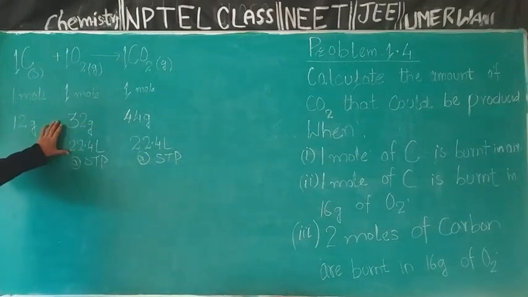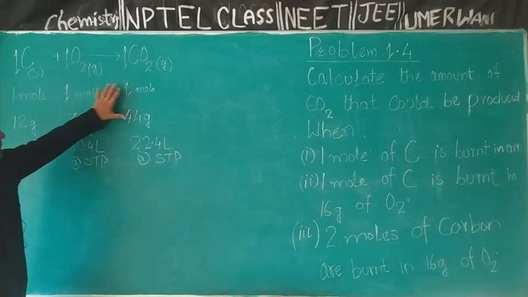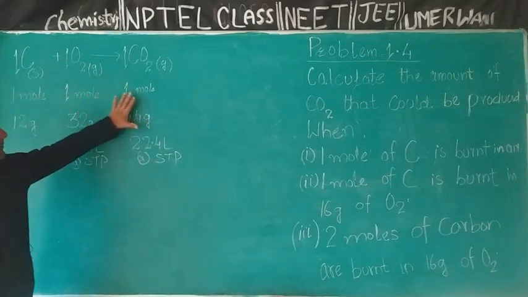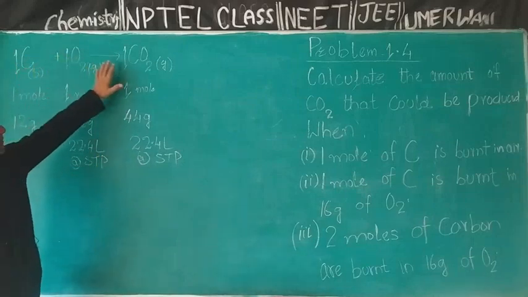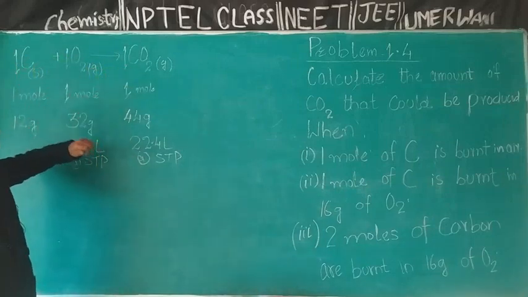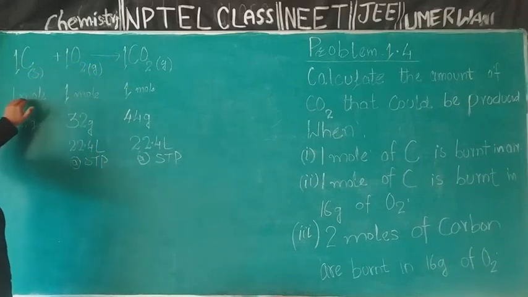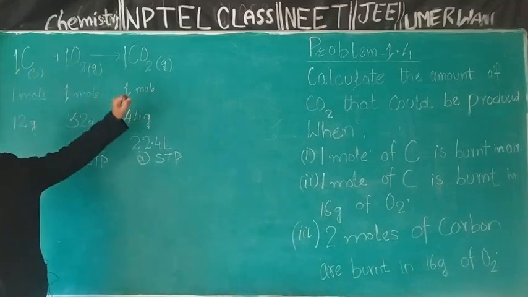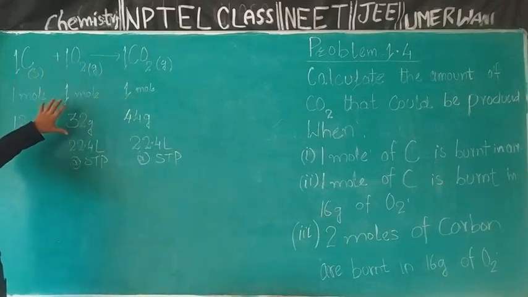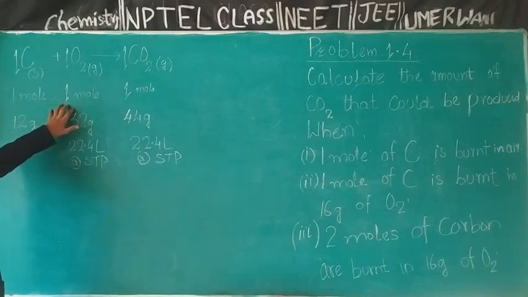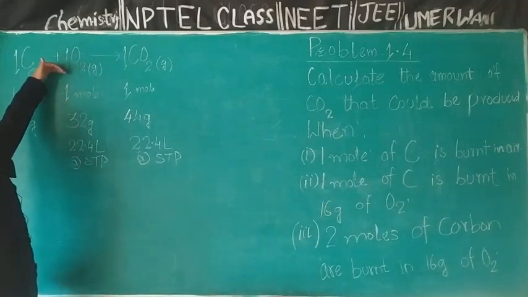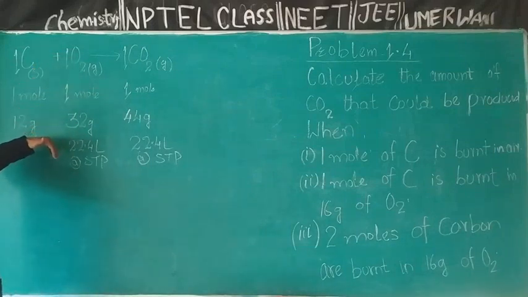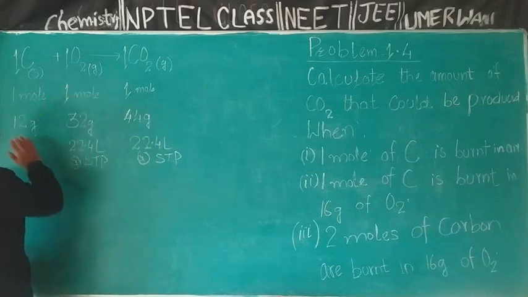Now look here. This is the quantitative information conveyed by this balanced chemical equation about this chemical reaction in terms of moles, in terms of mass, in terms of volumes of reactants and products. And this quantitative information, which a balanced chemical equation conveys about a chemical reaction in terms of mass, moles, and volume, is called reaction stoichiometry. So this is reaction stoichiometry,